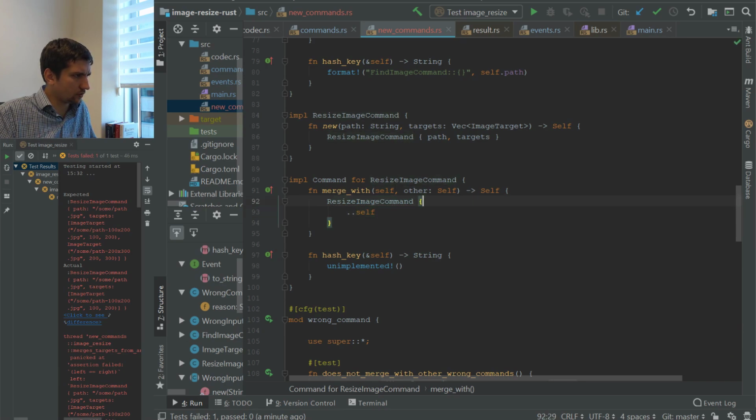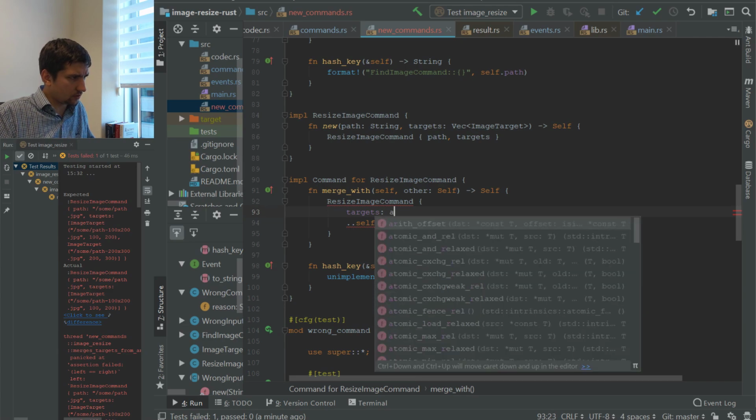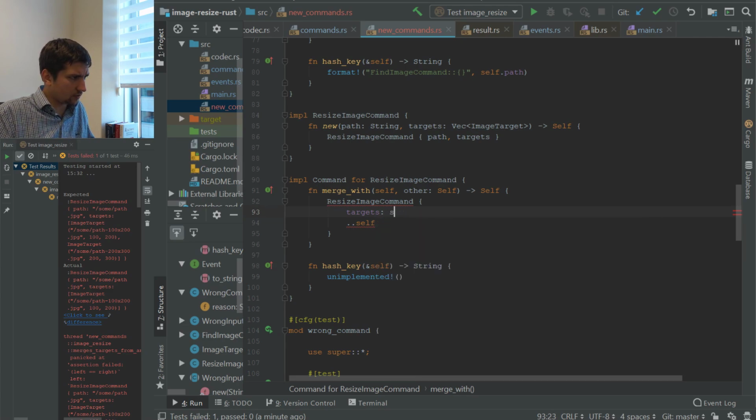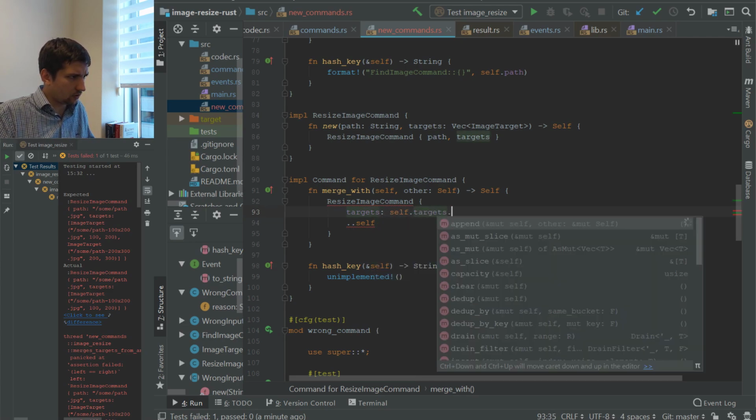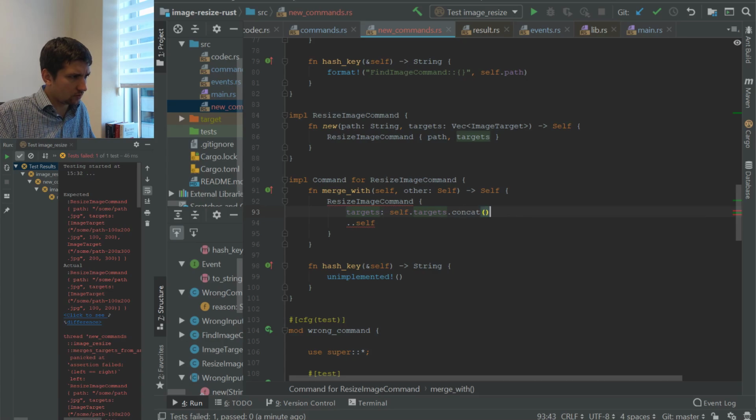Okay, so it's 2 dots, and now I'm gonna specify targets as self targets concat with other